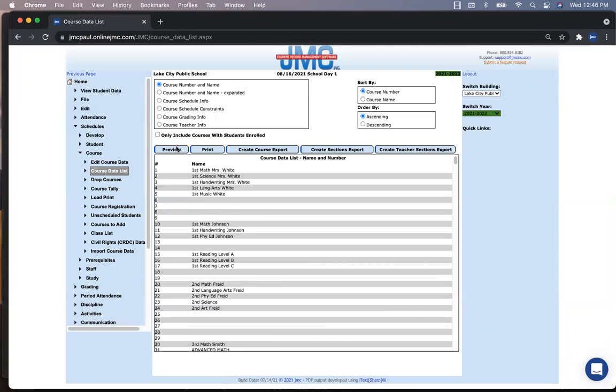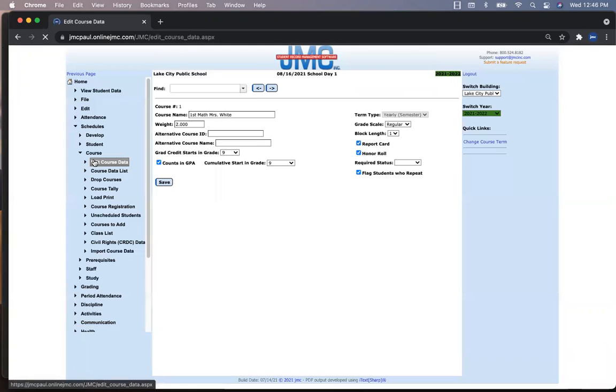And you could go print this off and make a plan. I will tell new schools who've never used JMC before, lots of times, print this off and then just write on there, block out 1 through 14, maybe it's kindergarten group A, 15 through 29, kindergarten group B. Maybe you've got 3 kindergarten groups, 30 through 44, kindergarten group C, and just write out so you know where those courses are going. All right, once you've decided where the courses are going, we're going under Schedules,